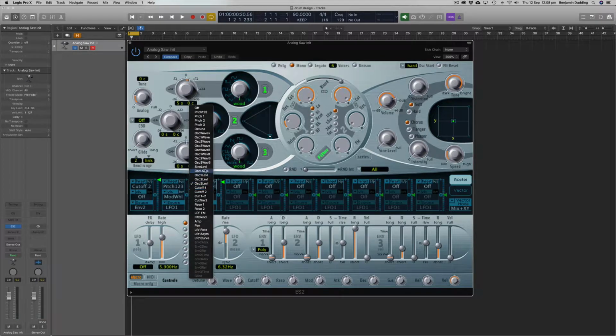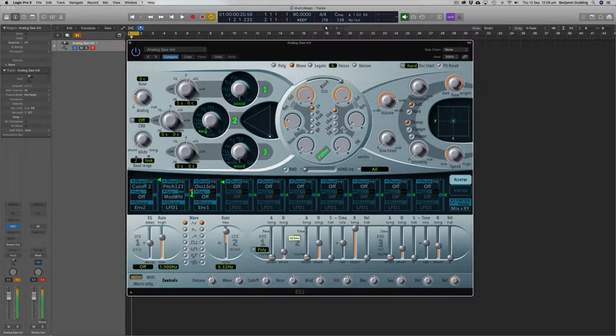But I found actually setting this to the oscillator L scale works. Let's try this out. Now I can shape. It's actually affecting all the envelopes actually, but